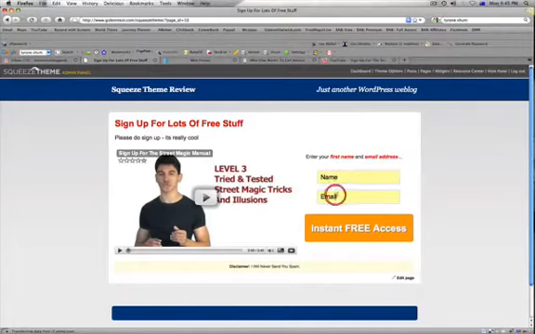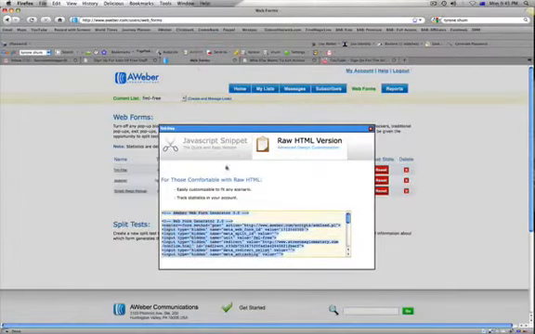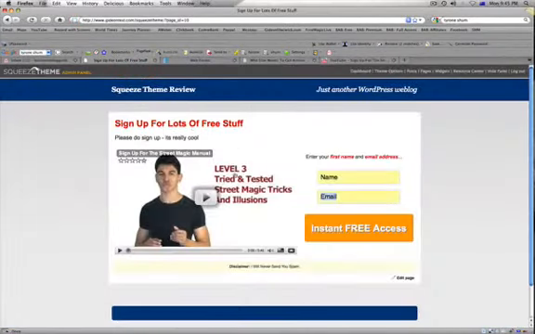Then the name and email, and of course, I already entered the details in for this from my web form, and I'll show you where to do this as well inside the admin area. Basically, you set this all up beforehand, and once you have it set up, it's this quick to create a squeeze page. Once it's set up, it's very, very quick to create a squeeze page like this that you can use for building your list